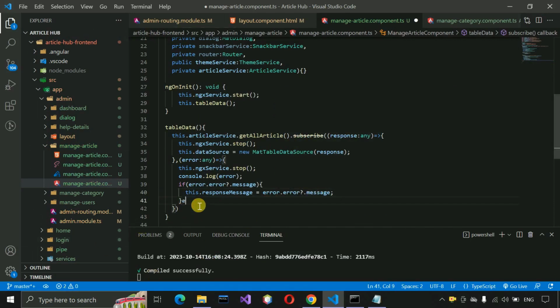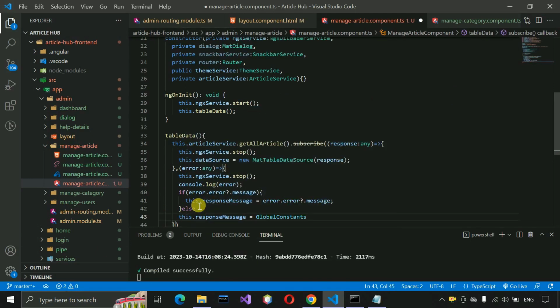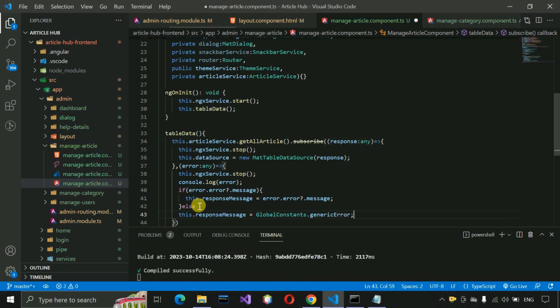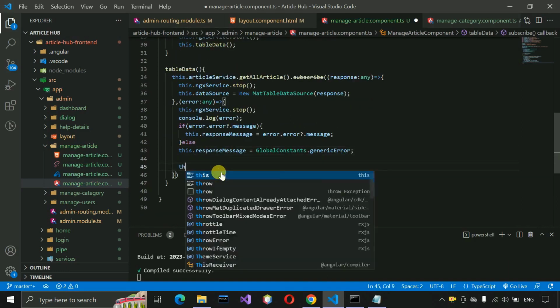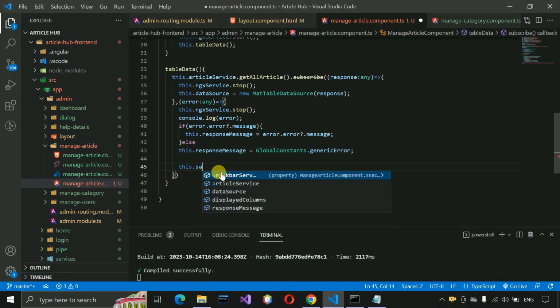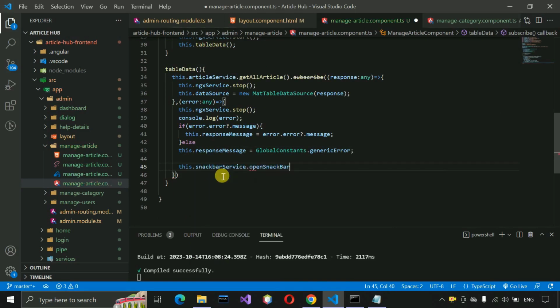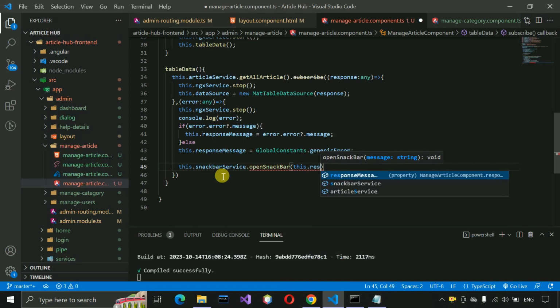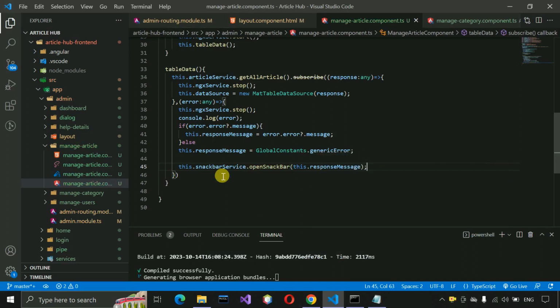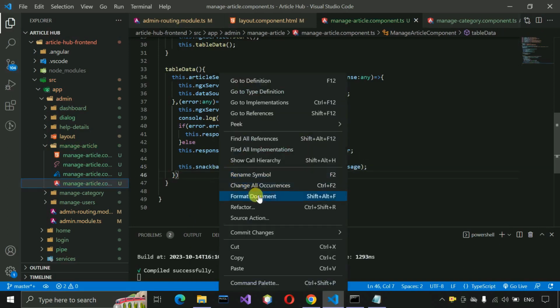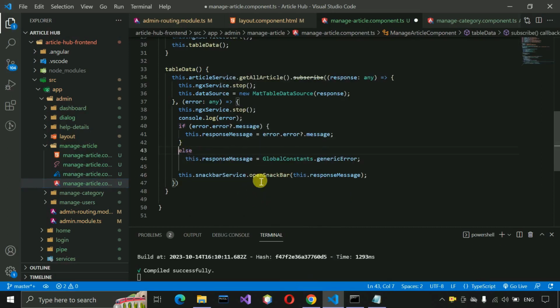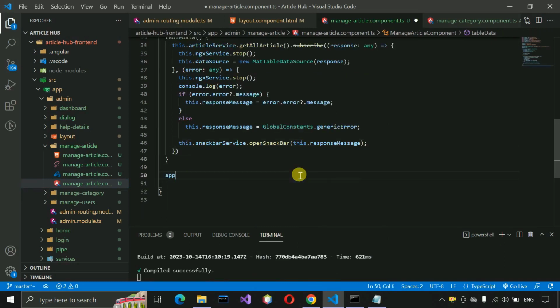and in else condition this dot response message is equals to global constant we have to put, and then generic error. Scroll a little bit down, and here we just need to write this dot snackbar services dot open snackbar, and this dot response message, and put semicolon. Let me format this one. Okay, let me put this in the next line again, format this one. Okay, save this, and after that apply filter we need,